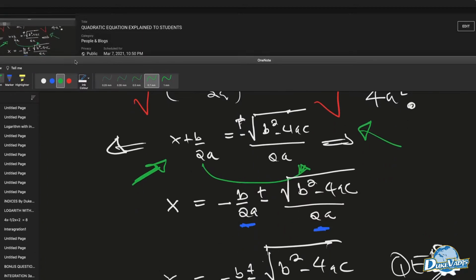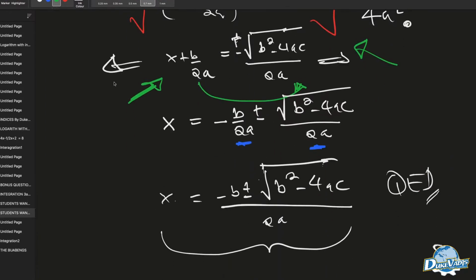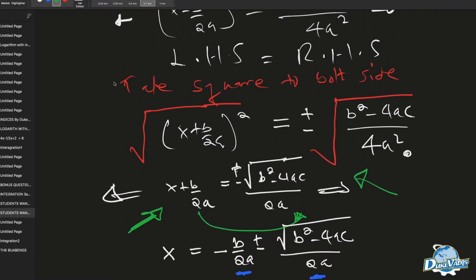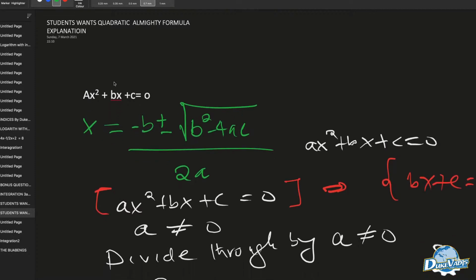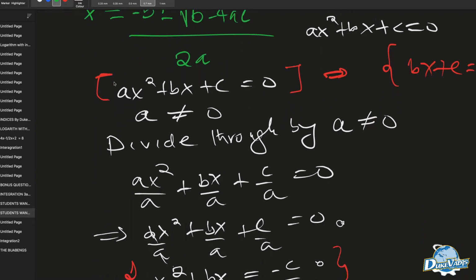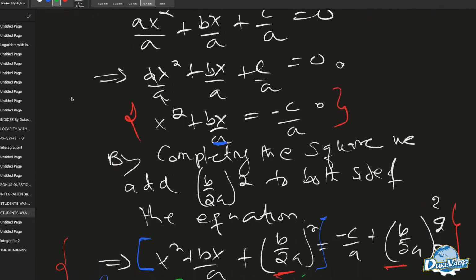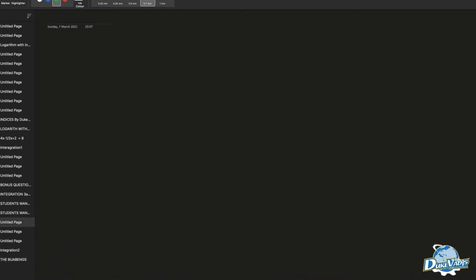All right. So this is the equation that we explained to the students, but we are going to break it down once again for everybody to understand what we did from scratch. Okay? So just have patience, take a cup of tea, and enjoy. Now, students want the explanation of the equation